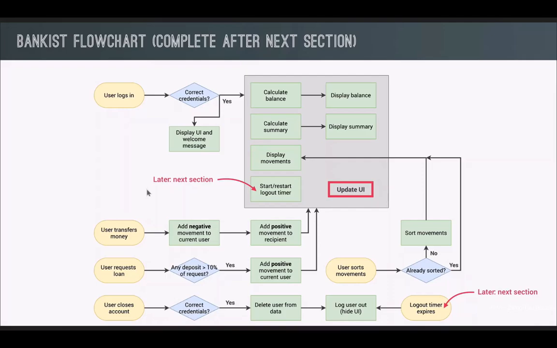So probably we'll come back to this flowchart by then. But anyway, it's already a good overview of all these steps we have implemented in order to build this application. Because all that matters here in this project is to build the application and learn about arrays. But in the next big project, we'll actually plan the entire application together. I'll show you all the steps we have to go through in order to come up with this chart like this. But for now,